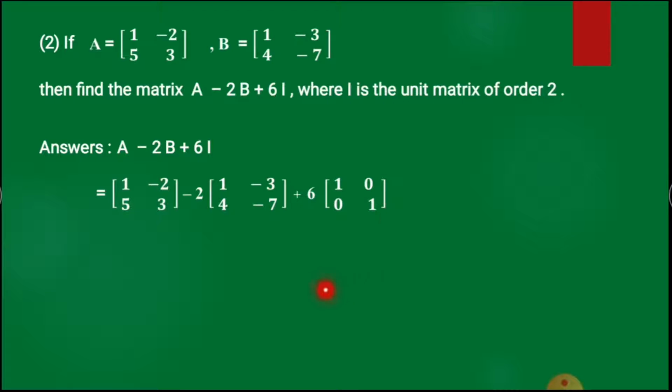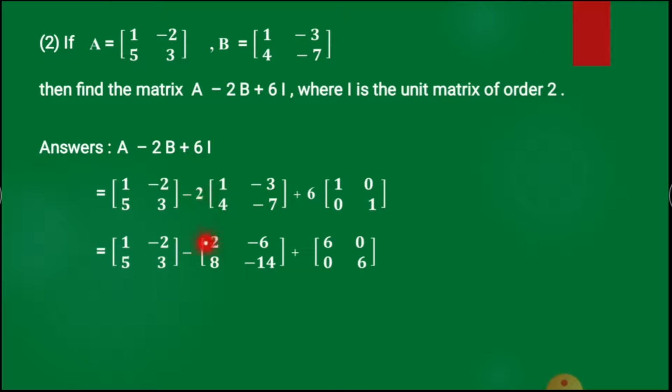2. Now first we apply the scalar multiplication rule for the matrix. Here 2 is a scalar multiple, here 6 is a scalar multiple. So we have to multiply by 2 to each element of this matrix, and we have to multiply by 6 to each element of this matrix. So first we write this scalar multiplication. So keep matrix A elements as they are, minus we multiply by 2 not by minus 2. So we keep the minus sign as it is.